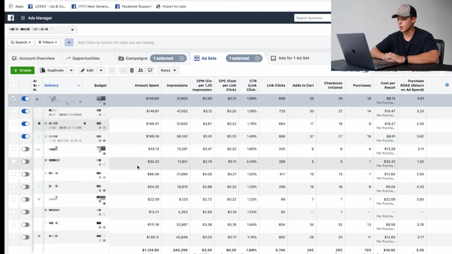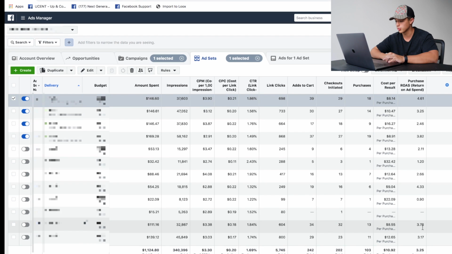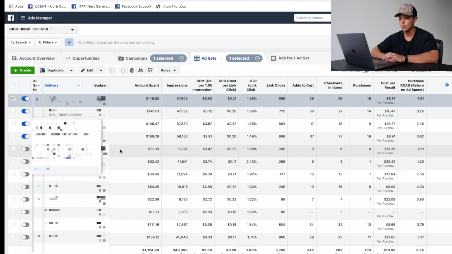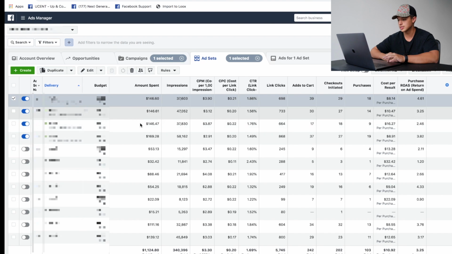So as you can see throughout this campaign, there are multiple different ad sets we've tried and seen which one has done best. This is a student's ad account. I don't know why some of these are off down here that have a super profitable ROAS like 4.3, 3.76. Really, it's just hit or miss, but you're testing, and under each one, we have 4 different creatives. So these have been performing the best, the longest. As you can see, they've each spent about $150 with a pretty decent return, with an overall 3.25, which is